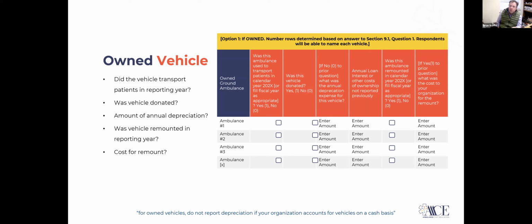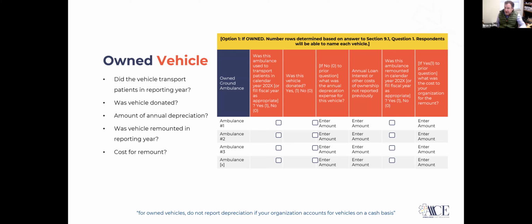So a good rule of thumb here is if you have, let's say, 20 or fewer vehicles, it's probably six on the one hand, whether or not you create an Excel spreadsheet and upload it, or just do it directly on the portal. But if you have, I don't know, 500 vehicles, it's going to be a lot easier to use a template than to go through the portal and report each and every one of them.